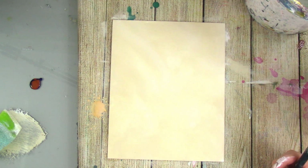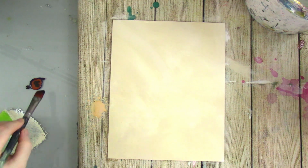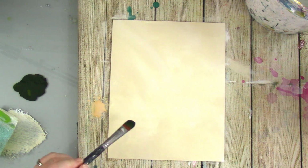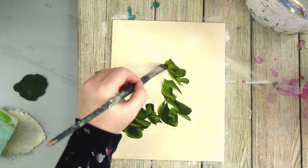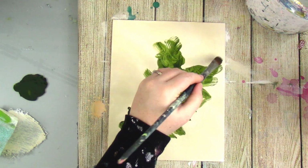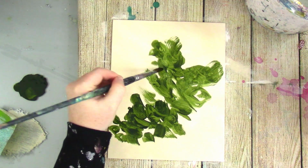And then I'm going to grab a little bit of raw umber and add a couple drops of that as well. And we'll mix that all up and we'll get this lovely dark green color. And I'm just going to take my brush and use some quick little back and forth motions to create sort of a green area in the background here. All right, well now once we've got it all sort of the blob where we want it,